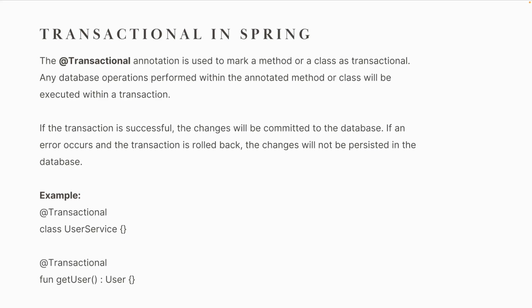Now, transactional does come with metadata that we can adjust, such as a timeout amount for a transaction, the isolation level, and even specifying what exception to roll back for or not to roll back for. So we can determine, based on what type of exception, whether we want to remove the information that was attempted to be stored or just let it fail how it is. By default, though, transactional deals with runtime exceptions. So as you can see here, this is how we utilize the @Transactional annotation. We can put it above the class or we can put it above the method. And then within this annotation, we can start adding some metadata such as timeout, isolation level, and the certain type of exception that we want to roll back on,